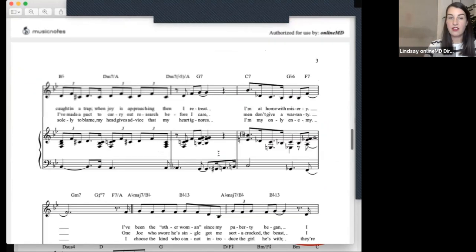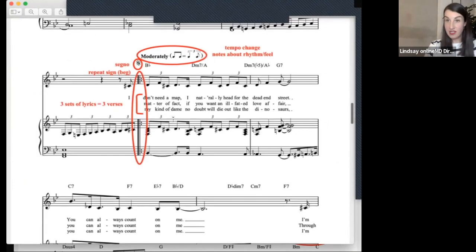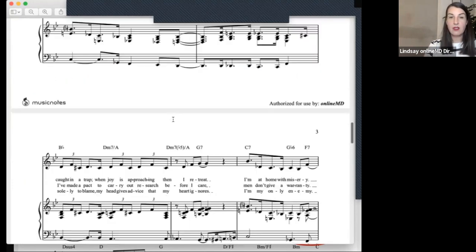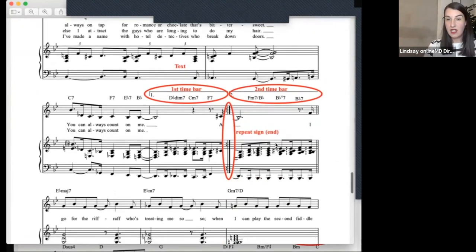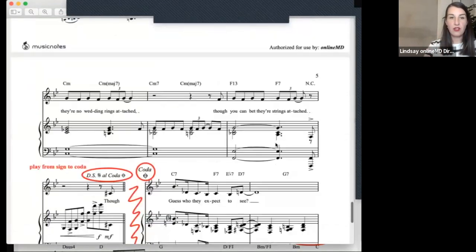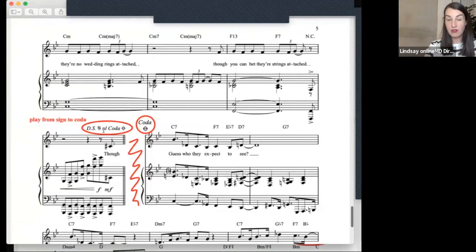So we go back to the repeat sign. Then we do the second lot of lyrics all the way down. Instead of playing the first time bar, then we would jump to the second time bar, all the way through to the DS al coda, find the DS sign, it's right back